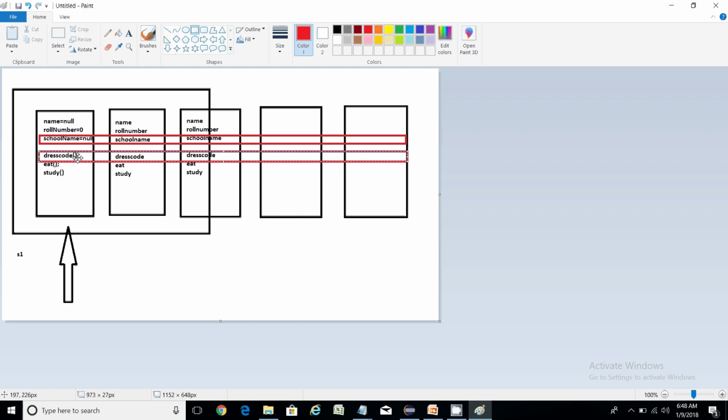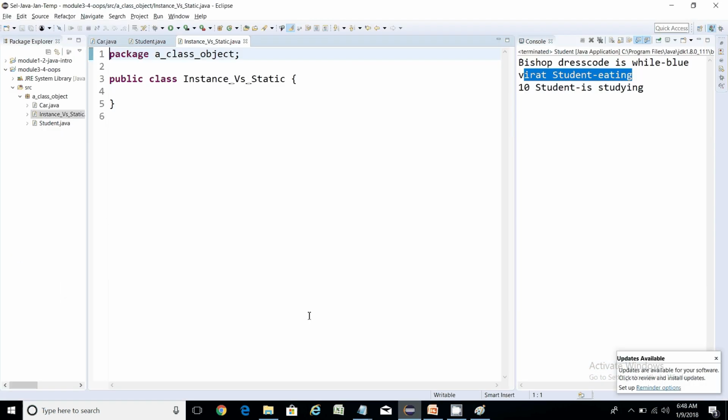So let's say if you have created 5 objects here, then for all 5 objects you are unnecessarily spending memory on your heap, right? So what I'm going to do now is, whichever stuff is common to an object, I'm going to define that as static, right? So now guys, I will go to my IDE,